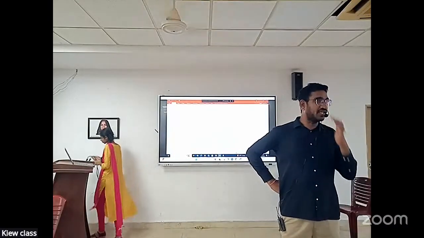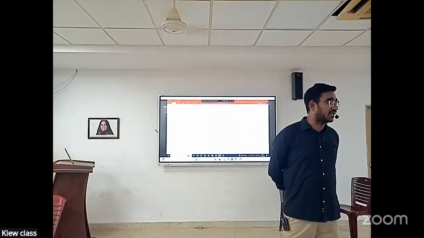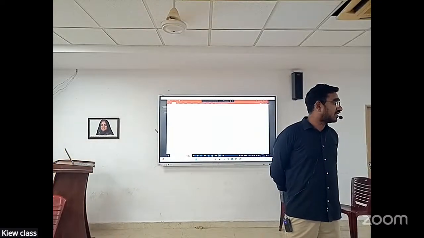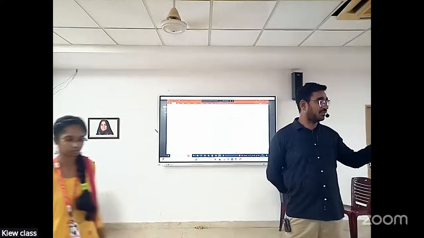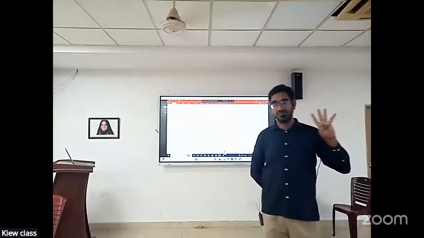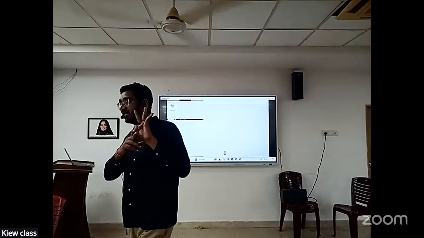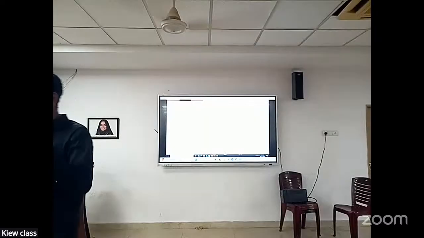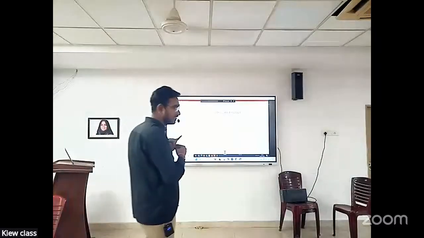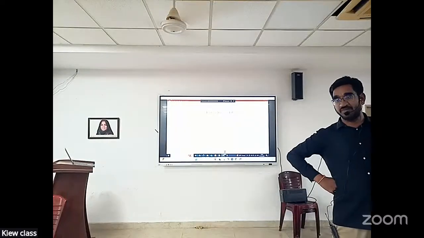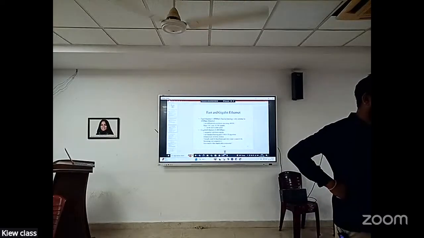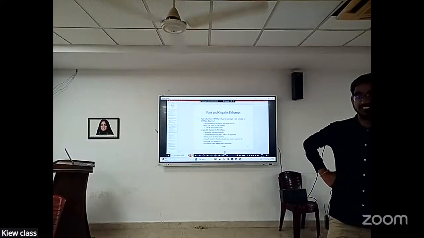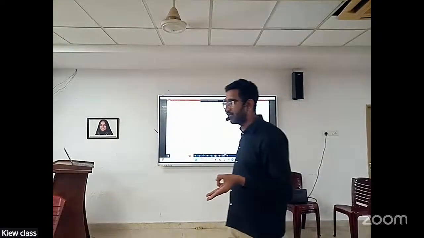Selective repeat. First frame is there, second frame, third frame, and fourth frame. First frame is transmitted successfully, second frame is transmitted successfully, third frame is damaged, and the fourth frame is transmitted. But in selective repeat, which frame is damaged? The third frame. So only that third frame is retransmitted. That comes under selective repeat.